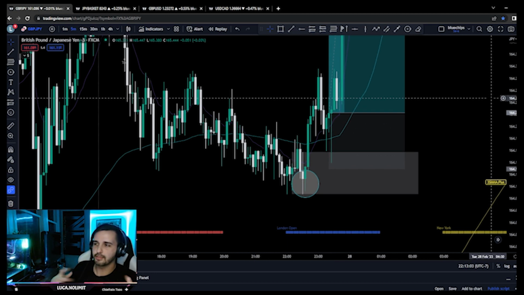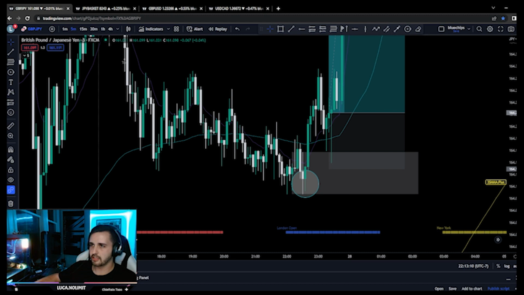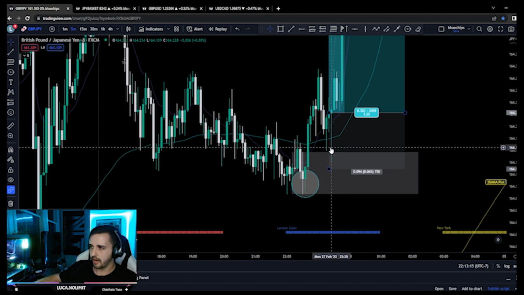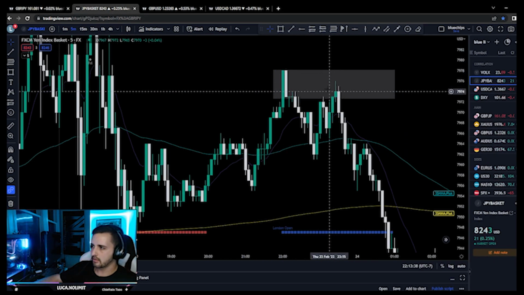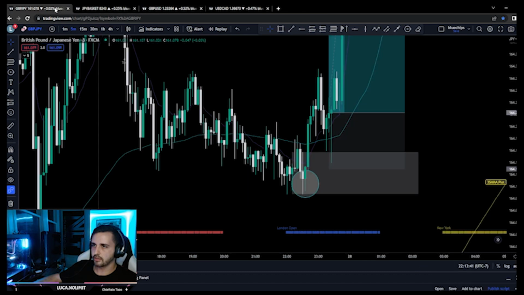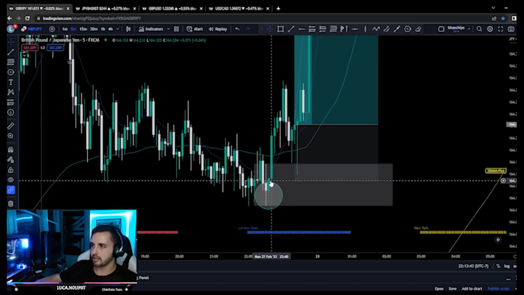doing the opposite, because in my opinion, your inverse correlated pair should be mirroring the trade but opposite, what I'm saying? So for the JPY basket, you see right here, low created, higher high, higher low, continuation. Then you'll see here the lower high, lower low, lower high, lower low. So once again, these are mirroring each other opposite, which is a good thing to be happening when you're looking